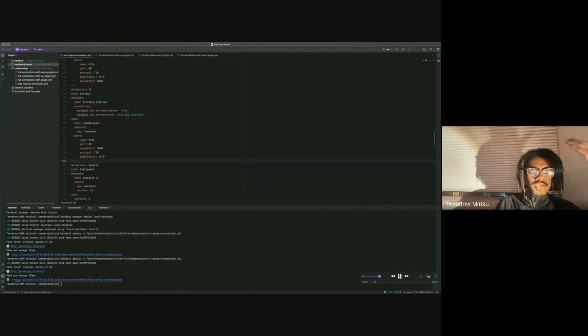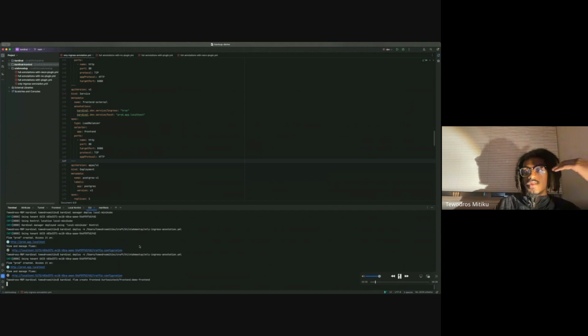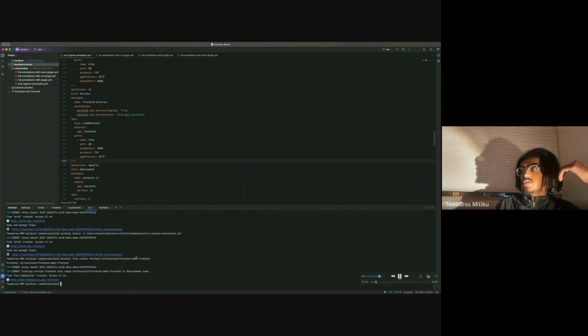What I'm doing now is running Kardinal flow create. And again, apologies that you can't see the command. What this command is doing is creating a new flow, and in this flow, I want to change the front end service to use a dev image of the front end service to reflect the changes that I'm working on. So we're going to create that flow. That will then get passed to the control plane. The control plane will then adjust our topology to implement this flow within our cluster.